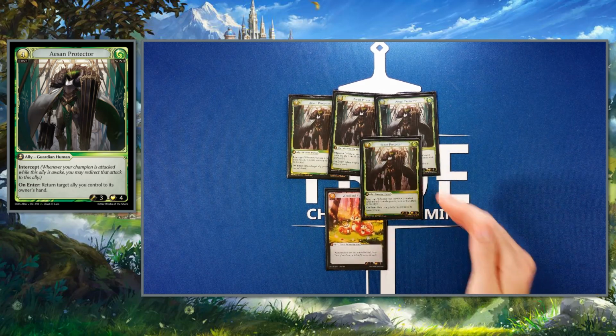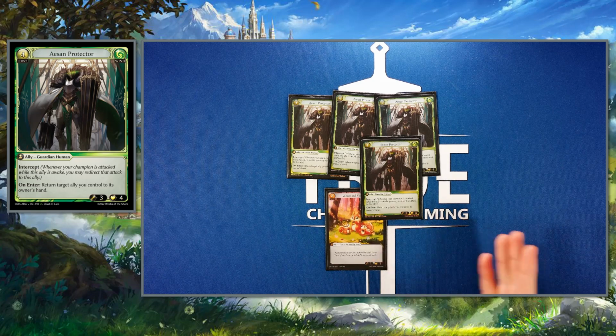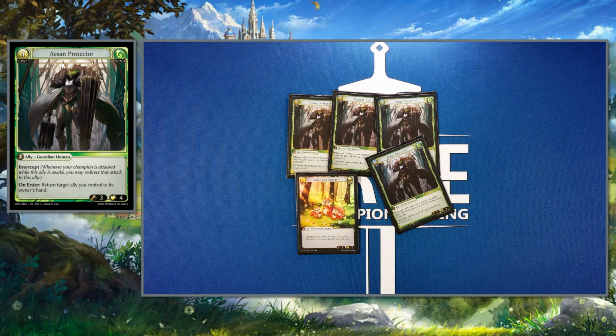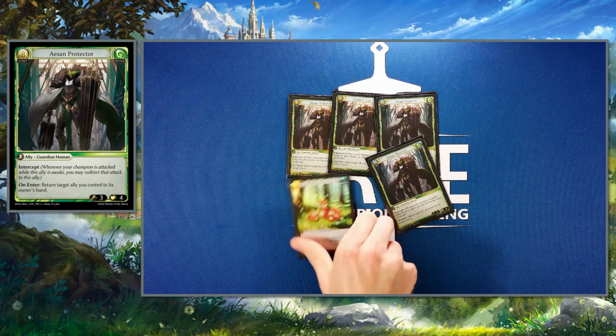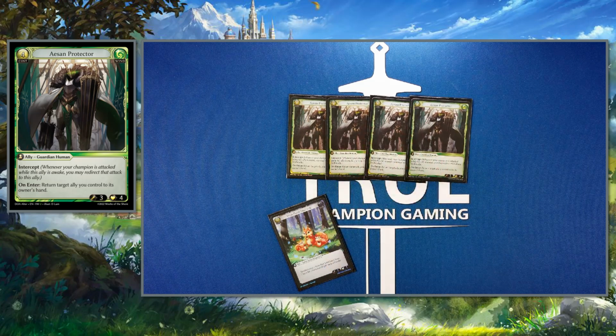Having a 3/4 intercept body on turn 1 of the game when your opponent has 0 interaction with it, because they can't ignite the soul or Zephyr or do anything like that, is an incredibly strong move. I don't think I've ever lost a game where I did that turn 1. And that's really saying something. I could be wrong, maybe I've lost like 1 game, but